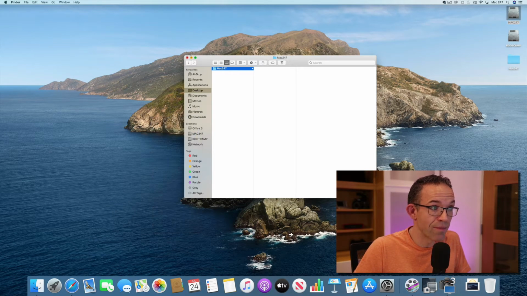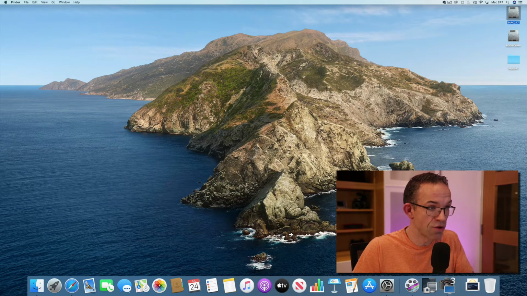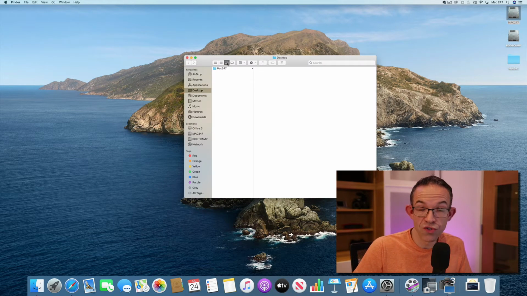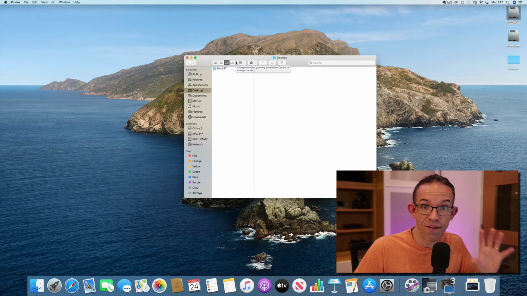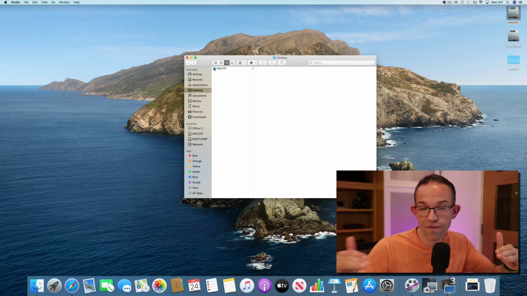So just click out of that, and I'll do a new Finder window, and it's open straight into column view. You can of course change that when you're within this Finder window itself, but I just like to open it like that. You see the file path